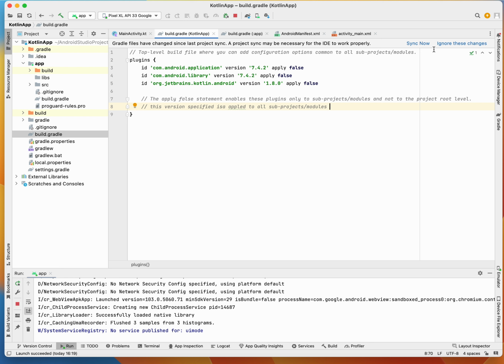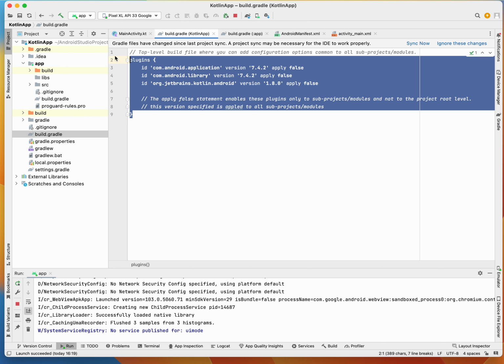The version that you have specified here is applied to all sub projects or modules. Okay, so that's it, guys. This is all about the top level